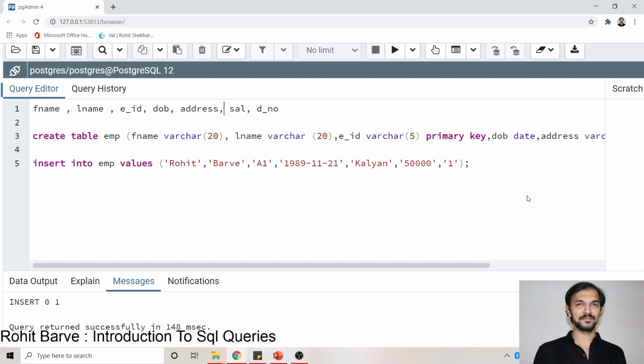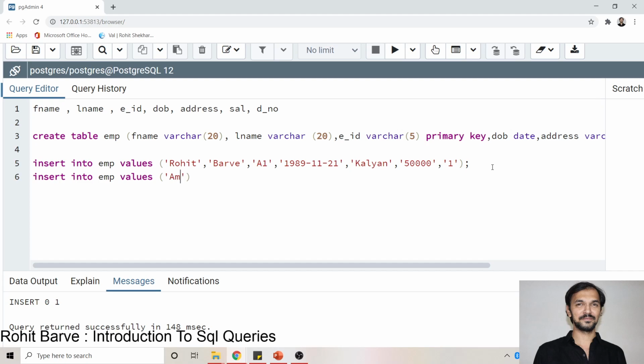Alright, let us enter one more row into the table. Insert into table name, let's say employee, values, round bracket. The first value that I will enter will belong to F name, that is first name. Then the second value that I will enter will belong to L name, and so on.